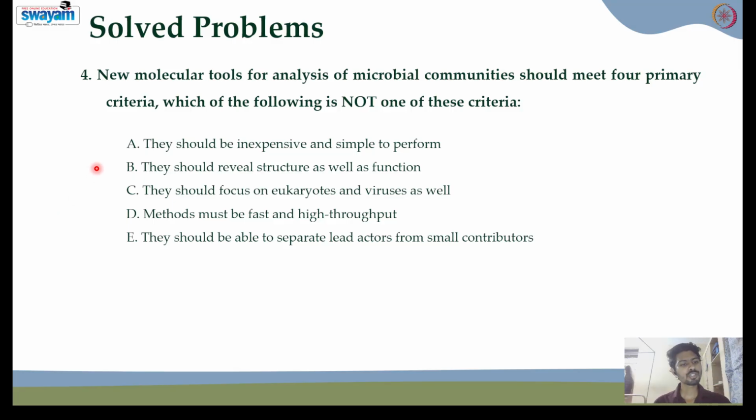And I will read out the options. Option A, they should be inexpensive and simple to perform. Option B, they should reveal structure as well as function. Option C, they should focus on eukaryotes and viruses as well. Option D, this method should be fast and high throughput. Option E, they should be able to separate the lead actors from the small contributors. I will repeat the question. Among these criteria, which is not a primary criteria for developing new molecular tools? And your answers are